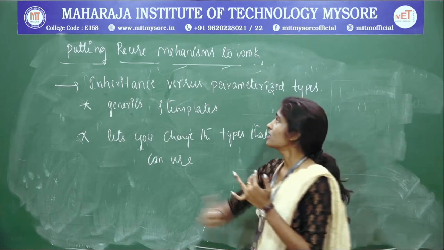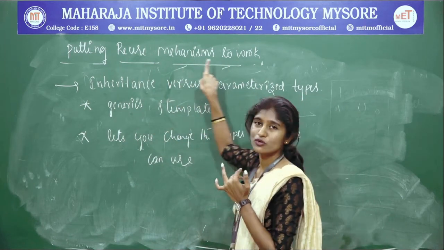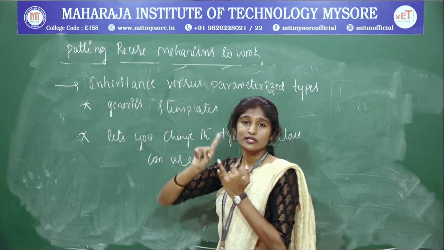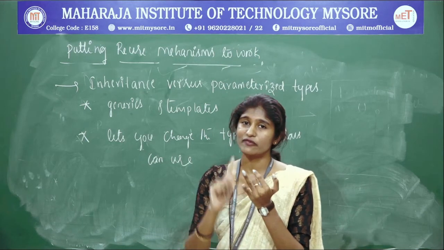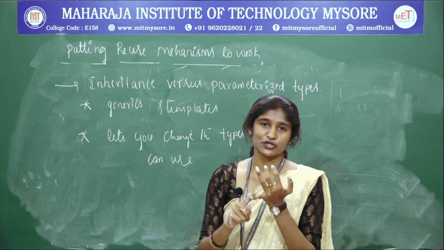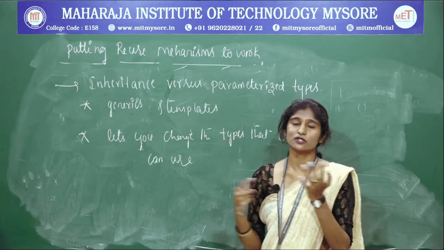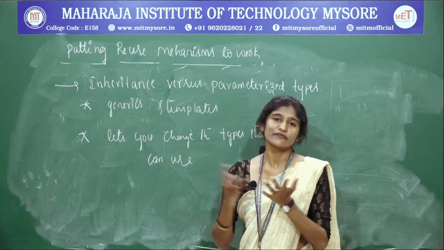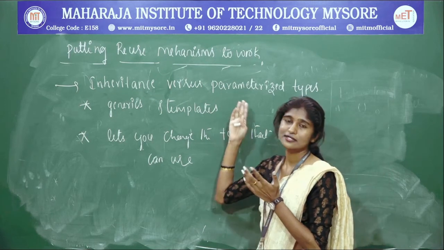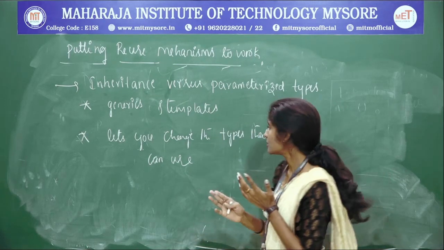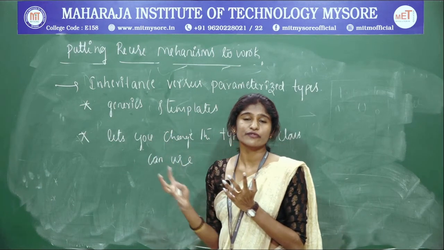So what I am focusing on is how to reuse things, putting reuse mechanisms to work. Under that we studied inheritance, which can be used for reuse purposes. In the same way I discussed composition, where it also provides inheritance-like concepts, but it acts with respect to the interfaces. And the last topic compared with inheritance is parameterized types, that is generics and templates. So it is going to give you the prototypes.